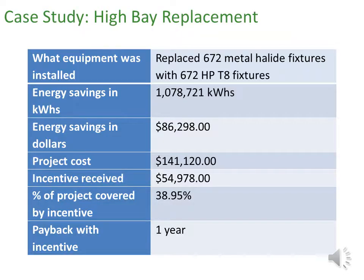This project reduced annual energy costs for lighting from $162,028 to $75,731 per year. This project saved 1,078,721 kilowatt hours, which is enough energy to power more than 108 homes for a year. The project reduced per fixture consumption from 460 watts to 215 watts, which saved